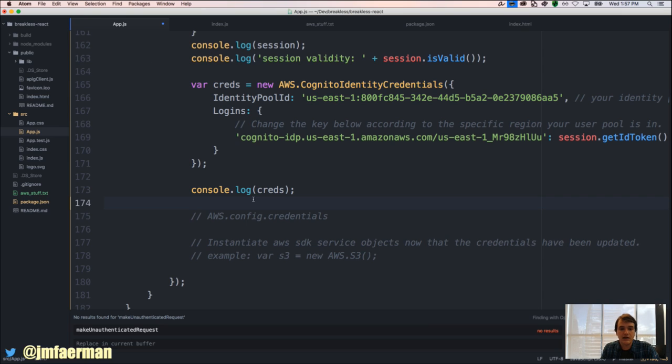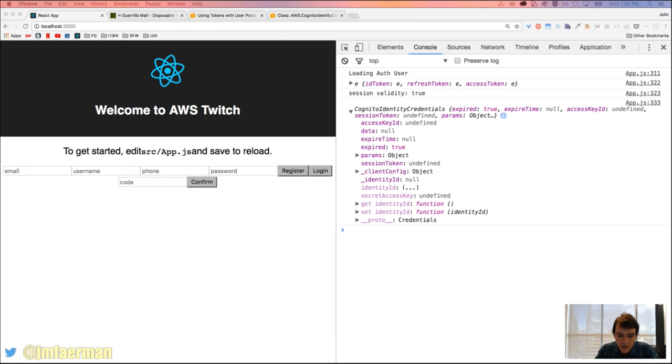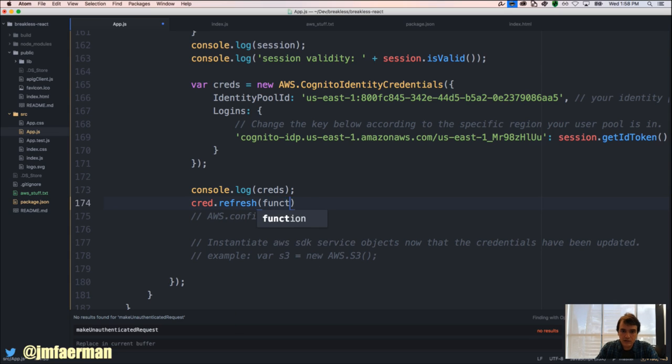So let's trust that. And creds.refresh, we should have a function of error and data,